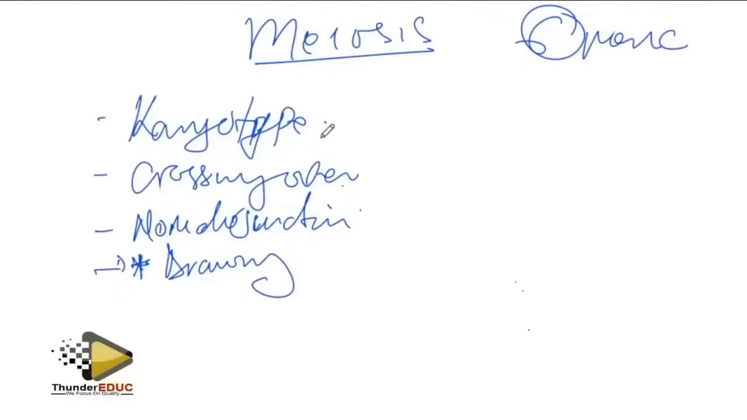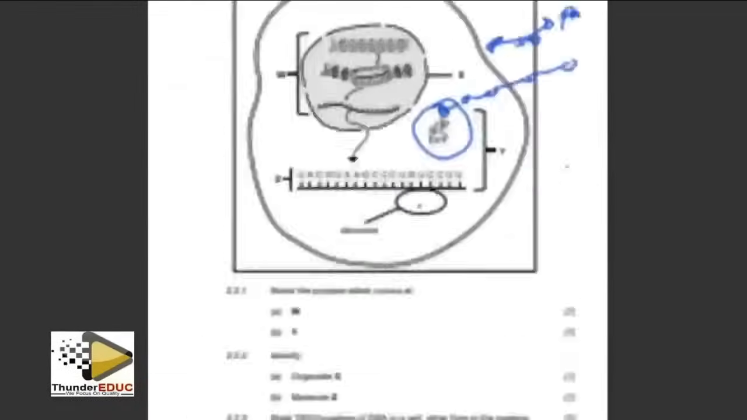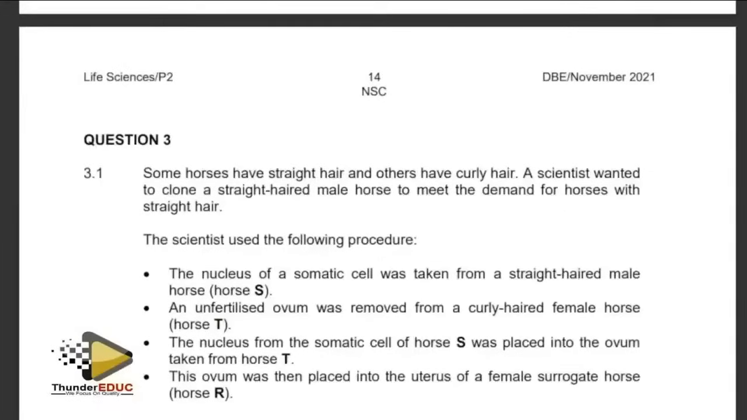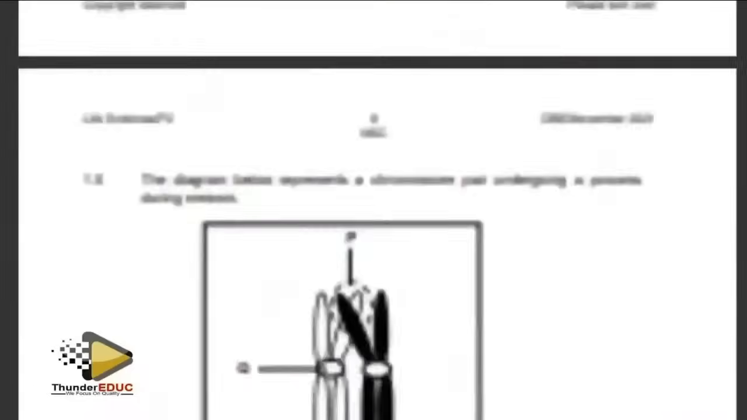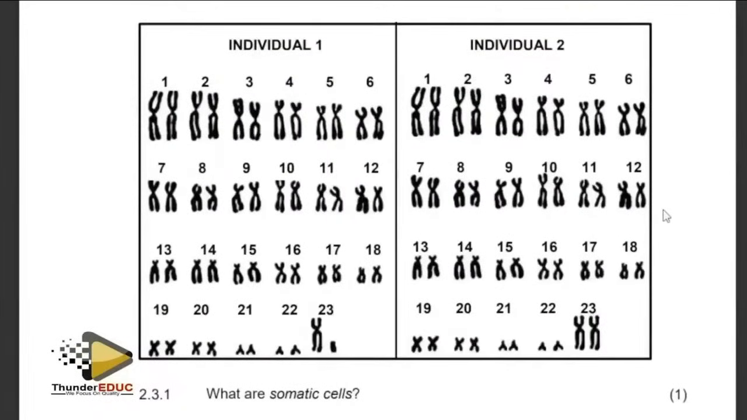How do you describe a karyotype? Let me see if I can find a question here which has a karyotype. And then I'm going to describe it for you so that when I'm describing, you see what I'm trying to describe. Here is an example of a karyotype. Describe the karyotype of individual 2. But when the question comes, the karyotype might not be there. You have to know it by head. For example, the karyotype